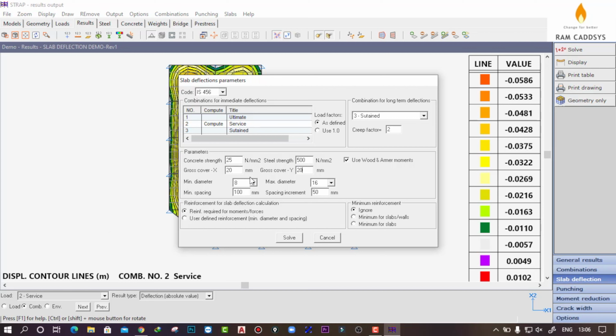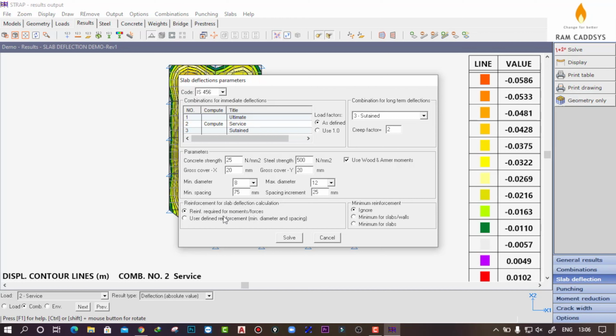Let us consider one value which is 20 mm. Now the minimum diameter I am taking as 8 mm and the maximum diameter I am taking as 12 mm. And the minimum spacing I am considering as 100 mm, or else you can take it as 75 mm also. And spacing increment I am taking as 25 mm.